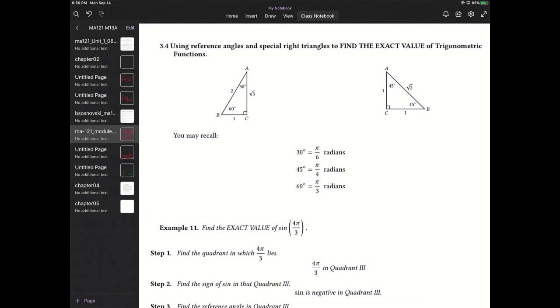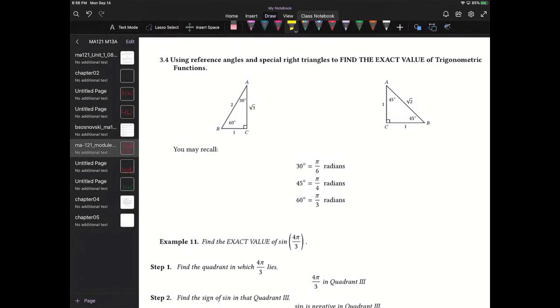And for the exact value, we have to work with known angles that give exact value. And as I mentioned before, we're going to be working with the two triangles. So we have the first triangle. The first triangle refers to angles of 30, 60 degrees. And the other triangle refers to 45 degrees. So anything that has a reference angle that is either 30 degrees, 60 degrees, or 45 degrees can be computed